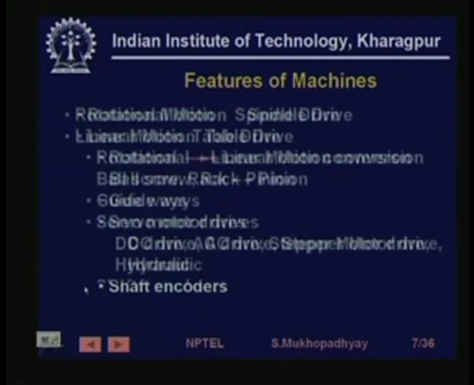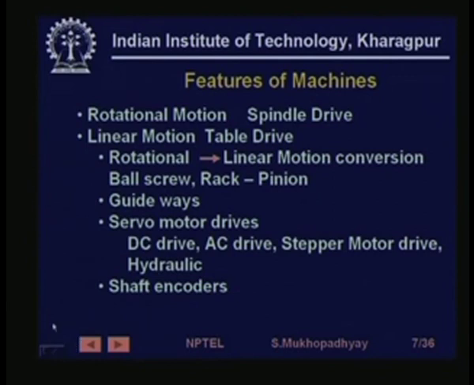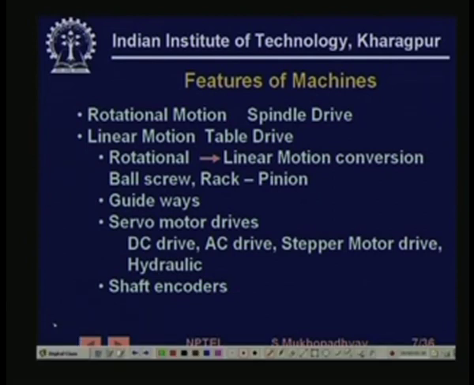So, to summarize, if you look at the features of the machine, we have to create rotational motion, which is created by the spindle drive. We have to create linear motion, which is created by the table drive, and in the table drive the drive is rotational. There is a linear motion conversion using ball screw or rack and pinion. Generally ball screw gives better accuracy, and guideways so that there is no transverse motion, and motions are strictly in the direction in which the